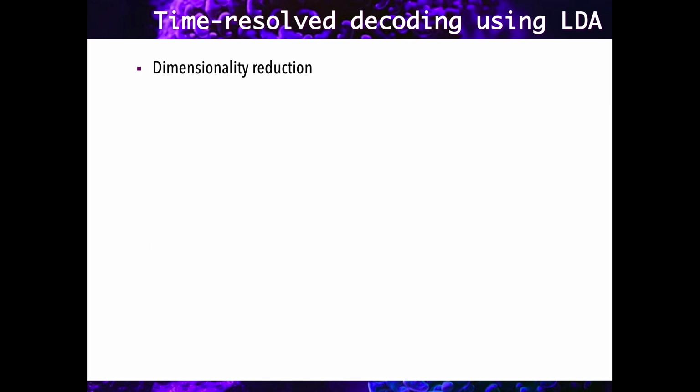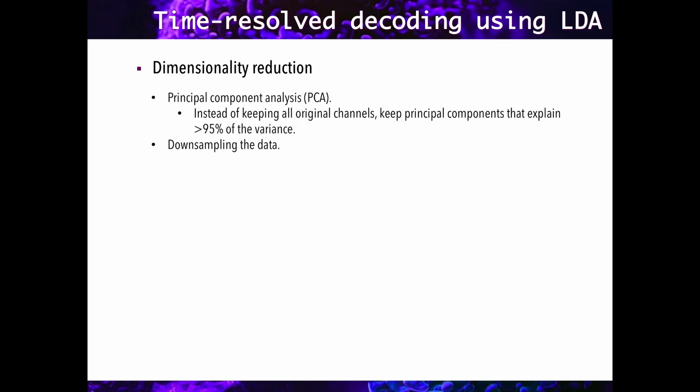Regarding dimensionality reduction, there are some general practices, and here we are going to see just a few examples. The first one is to use principal component analysis to extract the main components of your data. Then, instead of using all your channels, just use for your classifier those components that explain a significant amount of variance in the signal, let's say 95% of the variance. This can make a huge difference, moving, for example, from 128 electrodes to 40 or 60 components to fit your classifier.